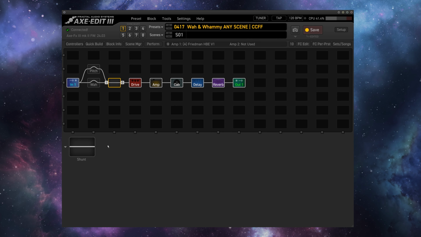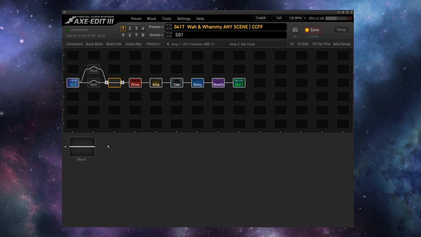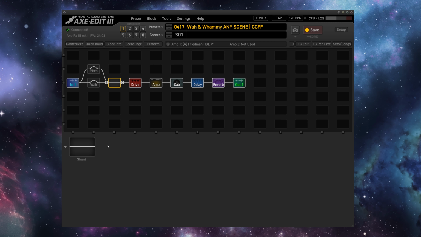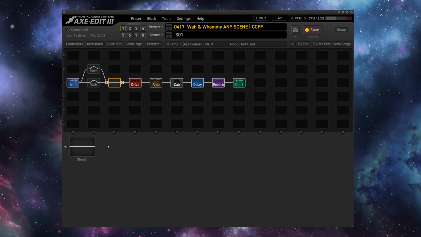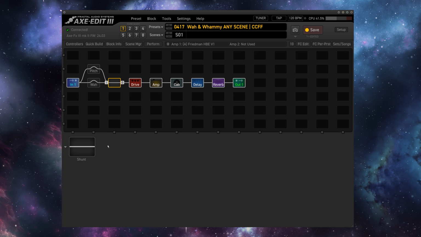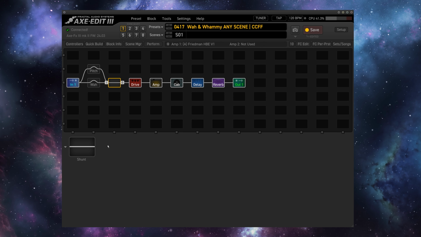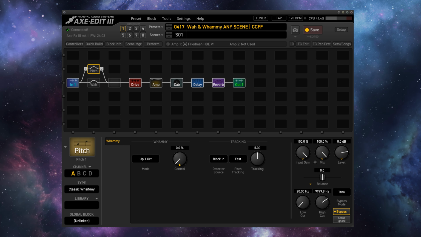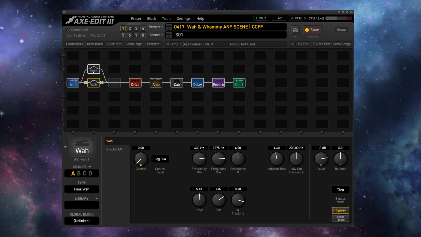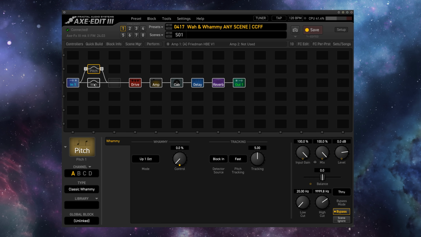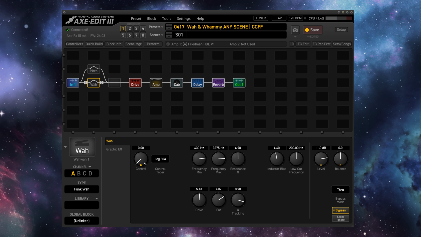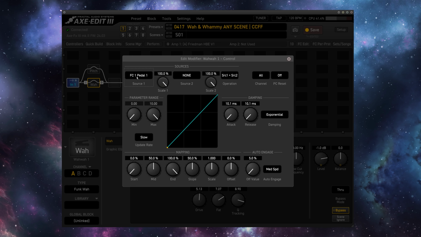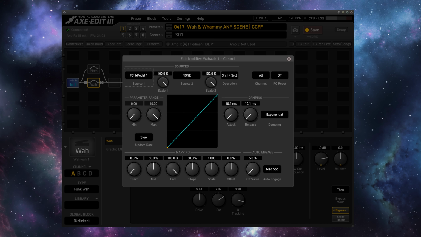So I have a preset here built around the Friedman HBE V1 and absolutely rip an amp. And I have a wah pedal set up and a pitch block as well, set to classic whammy. I have these in parallel right now. The reason for that will become clear very quickly, but each of these is set to be controlled by the same expression pedal, my EV1 that is plugged into FC1 pedal 1, or the pedal 1 jack on my FC12